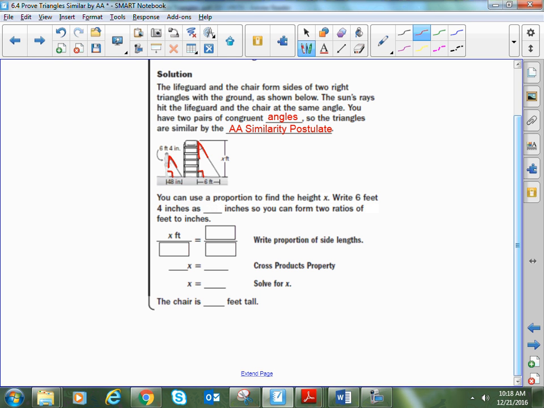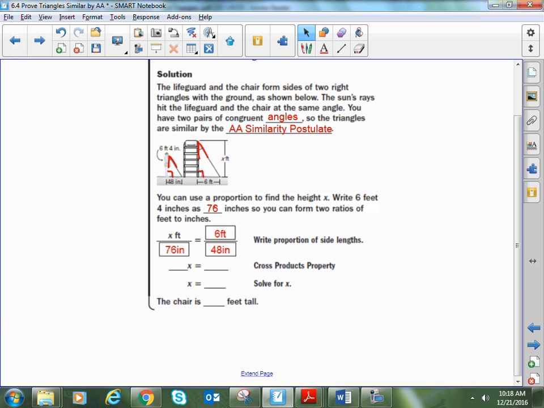So, depending on how they want the answer, you may want to think about converting your feet into inches or your inches into feet. It just kind of depends. Now, in this case, we don't have to do much in the way of conversion. We do need to look at it a little bit here. We can say that 6 feet 4 inches is the same thing as 76 inches. So when I write my ratio, I can say x feet over 76 inches is equal to 6 feet over